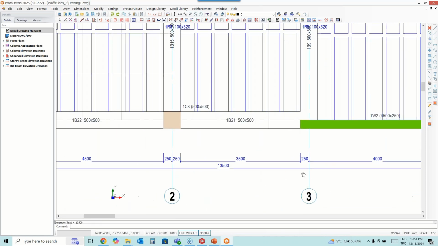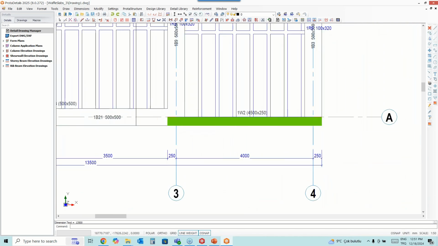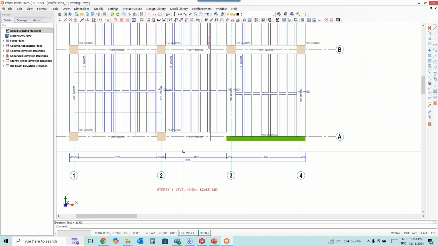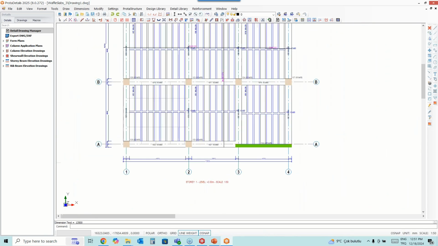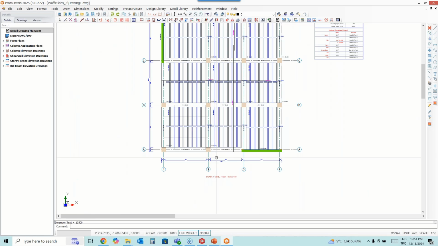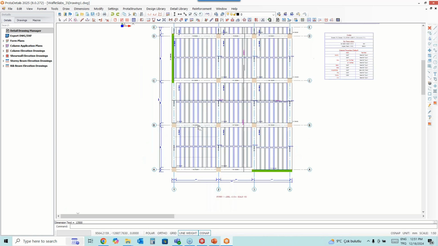Okay. So in some softwares you need to pick each point, but we are automatically detecting these points and dimensioning them. Of course, we are also creating these dimensions automatically when you generate the form plans, but I just wanted to show you that we have also different options.